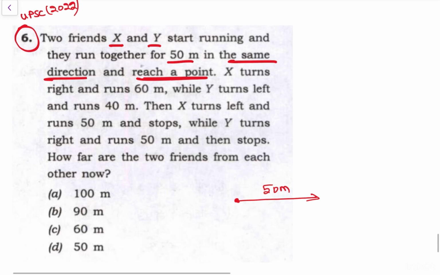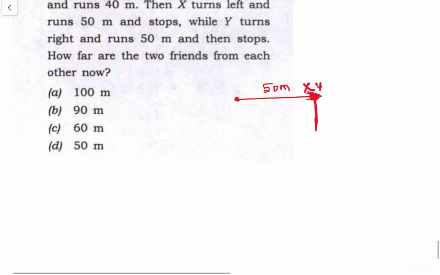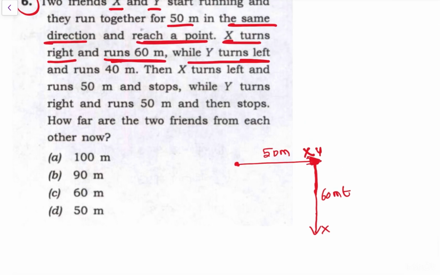So X and Y have reached here, ठीक है, X turns to the right, imagine X is turning to the right, so right hand is here, so X turns to the right and runs 60 meters, ठीक है, here X is here, while Y turns to left and runs for 40 meters,